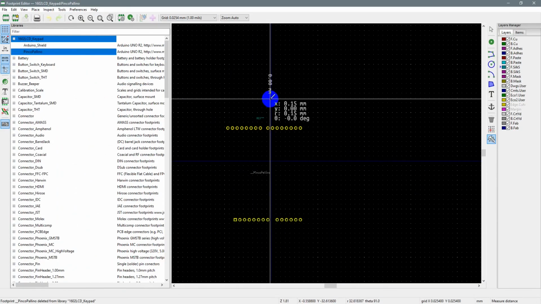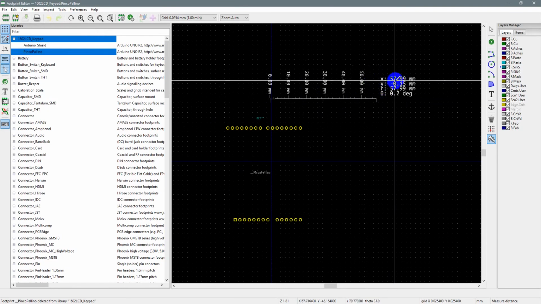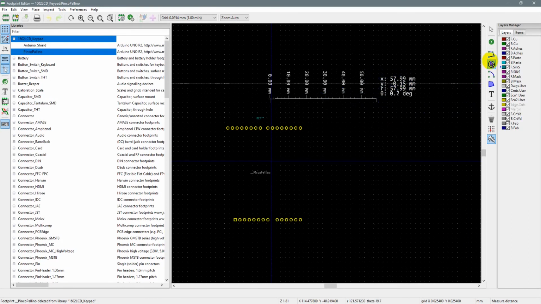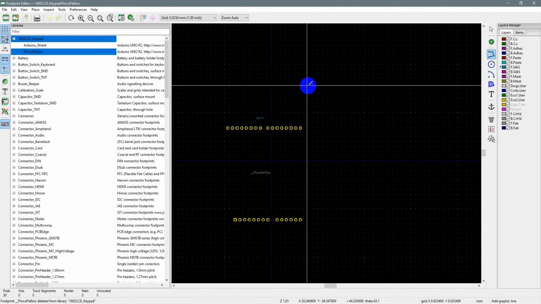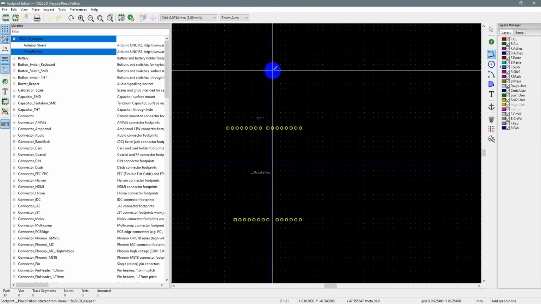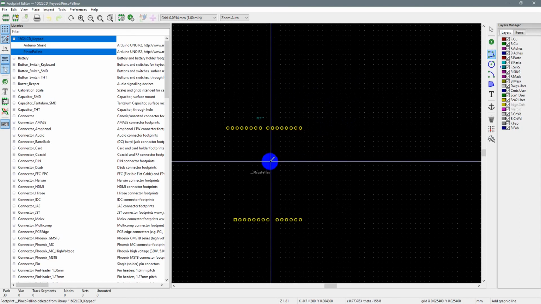For example, if I do that one and I leave, okay, now I know that this one is 58 millimeter long, but if I choose something to create something with these sides, look what happened. Everything goes away. So we don't have any reference now to create our shapes